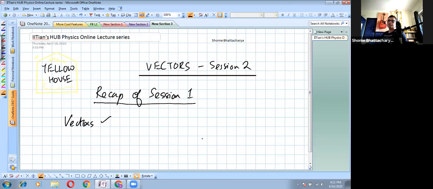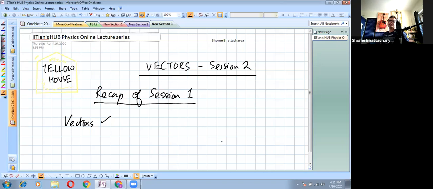So for example, you're adding two electric currents, or two volumes, or two intervals of time, 15 minutes plus 12 minutes, something like that. You will always add them like algebraic numbers by the rules of scalar addition, what we call. Whereas the moment you have two forces acting, or two displacements, or two momenta, or things like that, the addition requires a different set of principles, which are called the laws of vector addition.